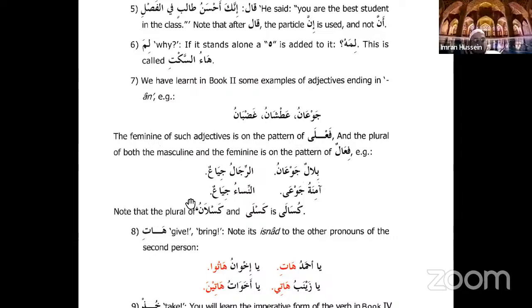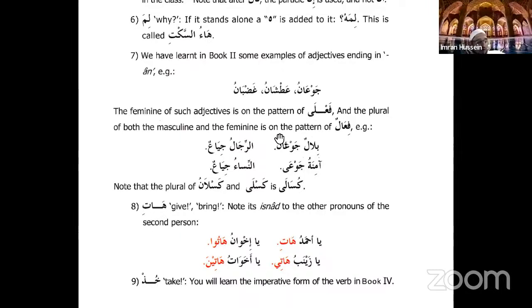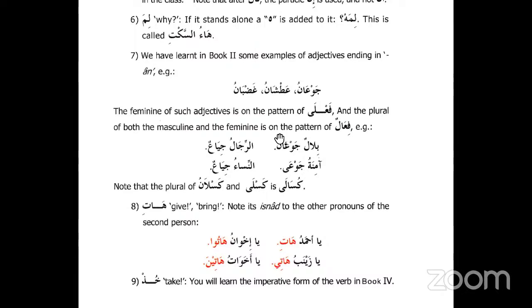Excellent. And then the feminine is on the pattern of? The feminine of such adjectives is on the pattern of fa'li, and the plural of fa'la. And the plural of both the masculine and the feminine is on the pattern of fi'alun. So Bilalun Jo'anu, and then al-rajulun Jiyanun,